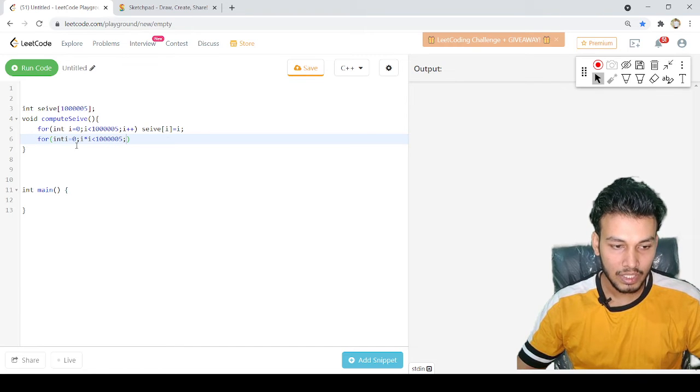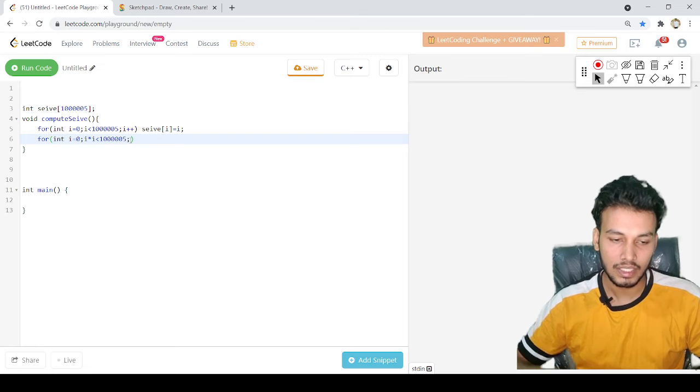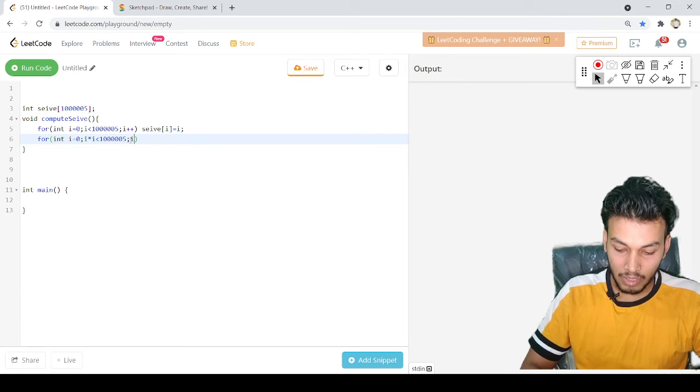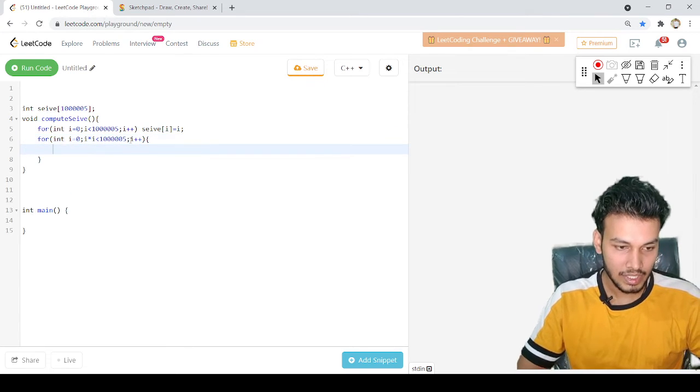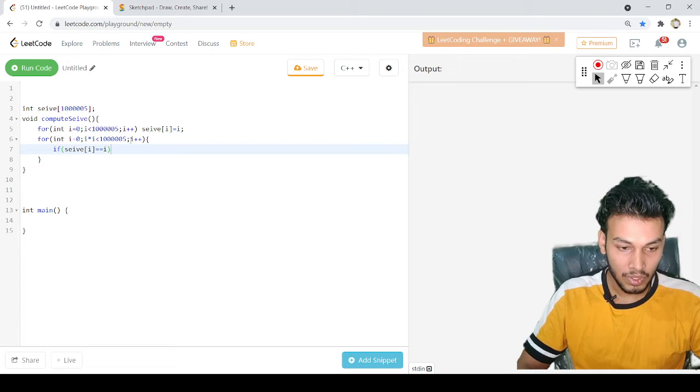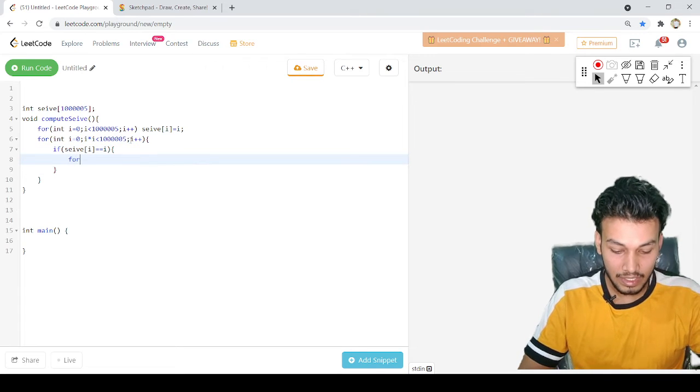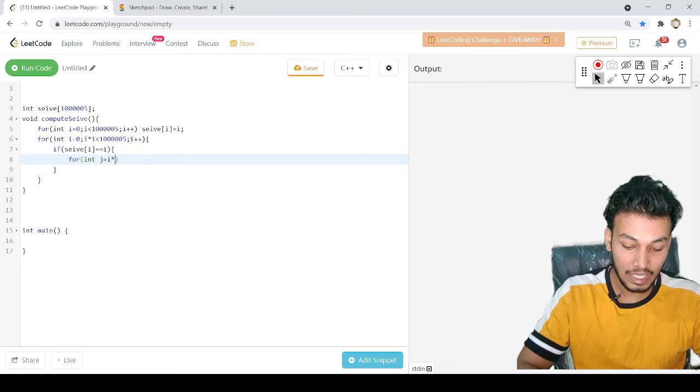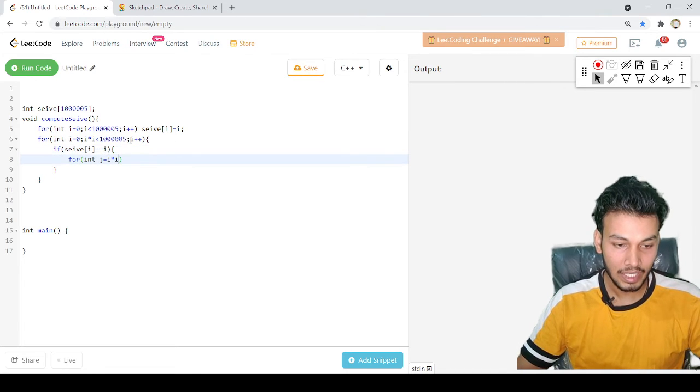Also here I need to add an if condition. And then i plus plus, I'll add an if condition here. If sieve of i is equal to i, in that case I'll run another for loop. Let's say int j equal to i cross i. I'll start this from i cross i.